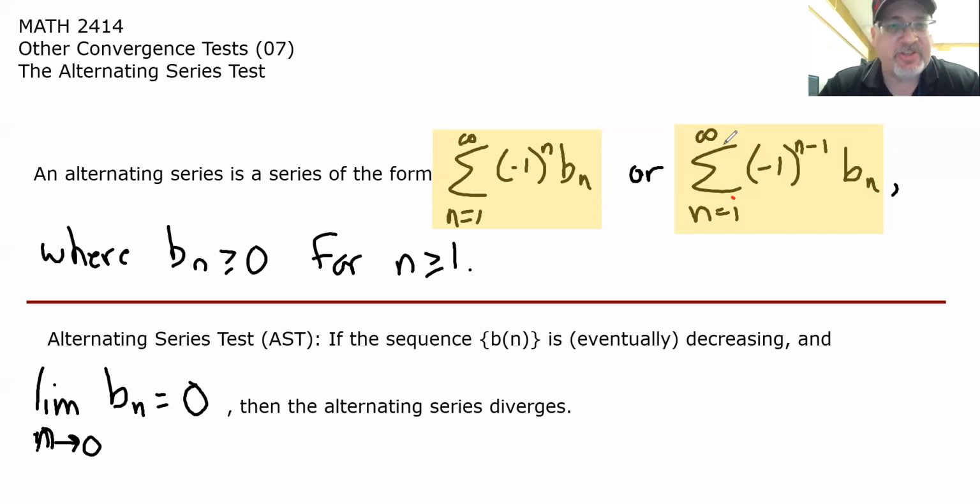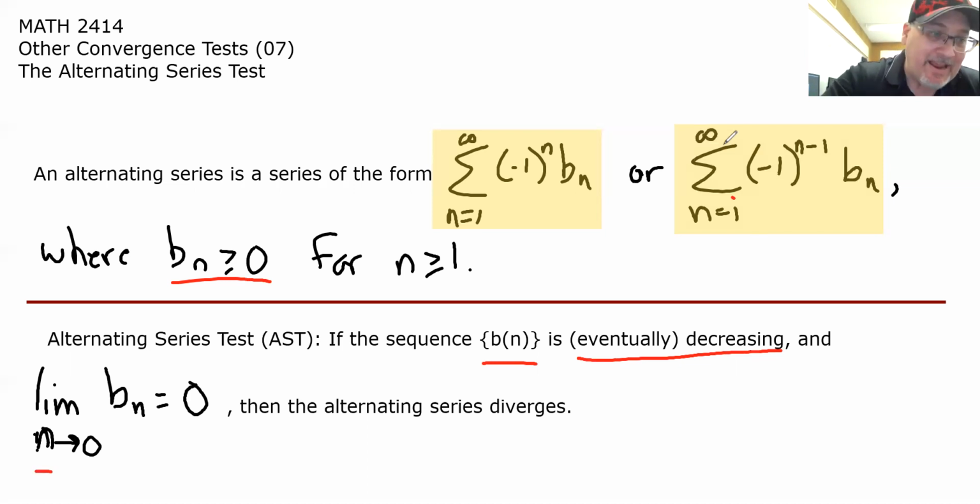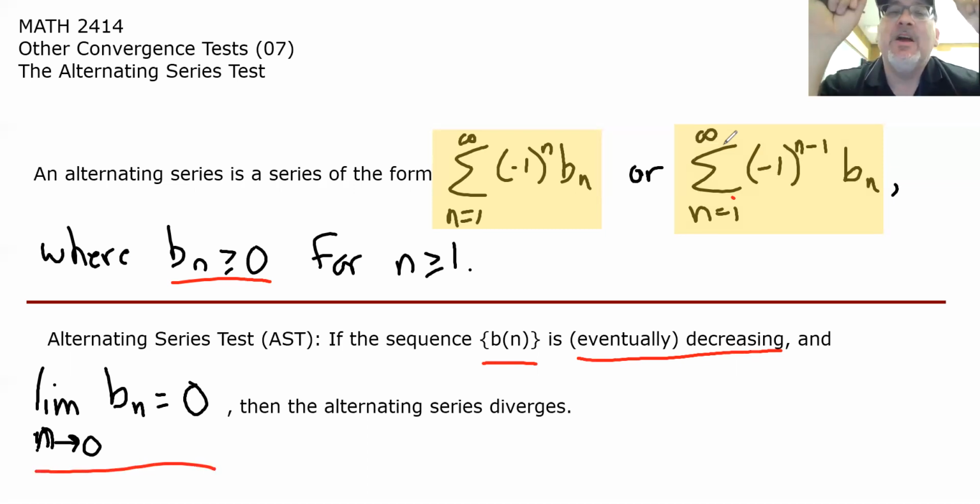What's the alternating series test? Well, the alternating series test requires actually 3 criteria. Number 1, your sequence is eventually decreasing. And again, when I write this, I mean the individual terms in the alternating series without the alternator. But the sequence without the alternator is eventually decreasing. All the terms are non-negative. That's kind of implied from the definition of alternating series. And the limit as n goes to infinity of the term without the alternator goes to 0. But if all 3 of those things happen, then the conclusion that you draw is that the alternating series,